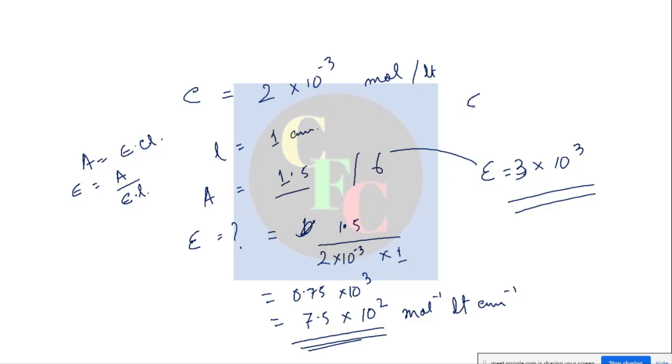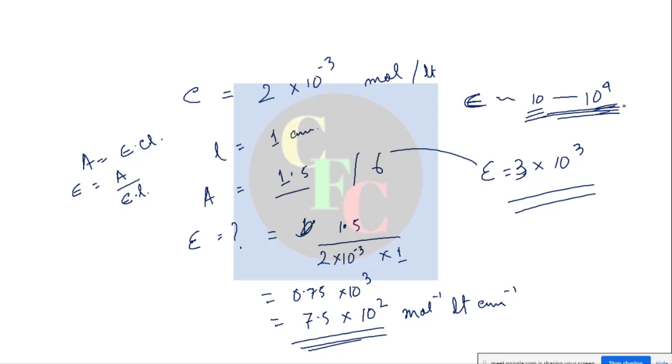So this epsilon for a compound can range, for example for inorganic complexes, from a few numbers, ones or tens, to nearly 10 to the power 4 also, depending on forbidden absorption to much allowed transitions. Like for charge transfer spectra, such as potassium permanganate KMnO4, you have seen that compound, a very intense purple color. That color is due to charge transfer, which is highly allowed, and has an epsilon of 10 to the power 4 or 5, right?